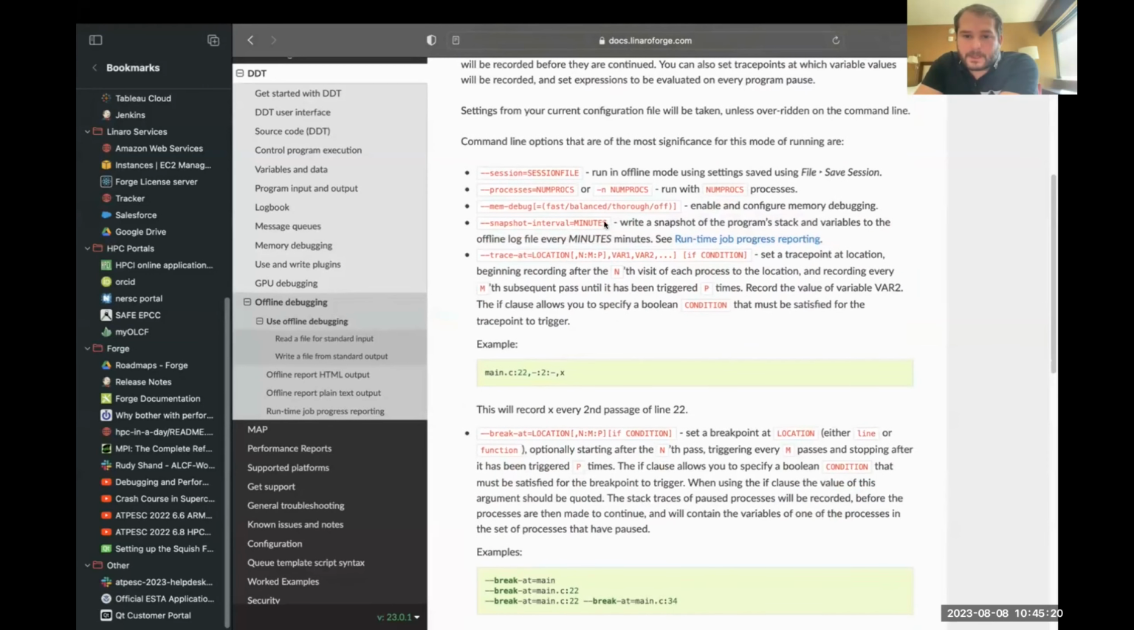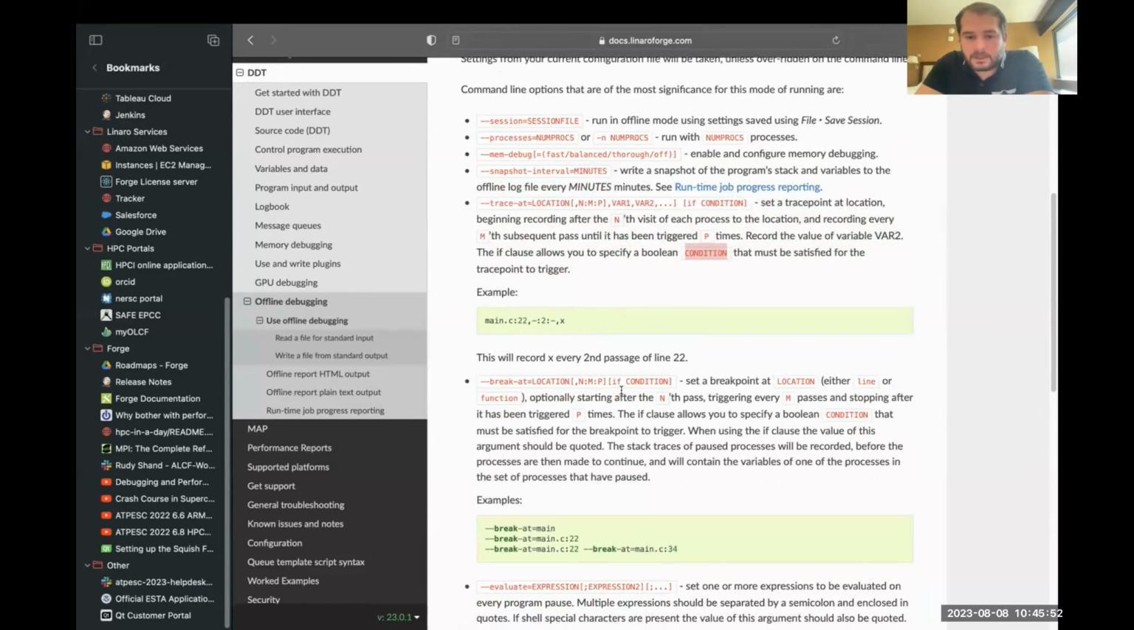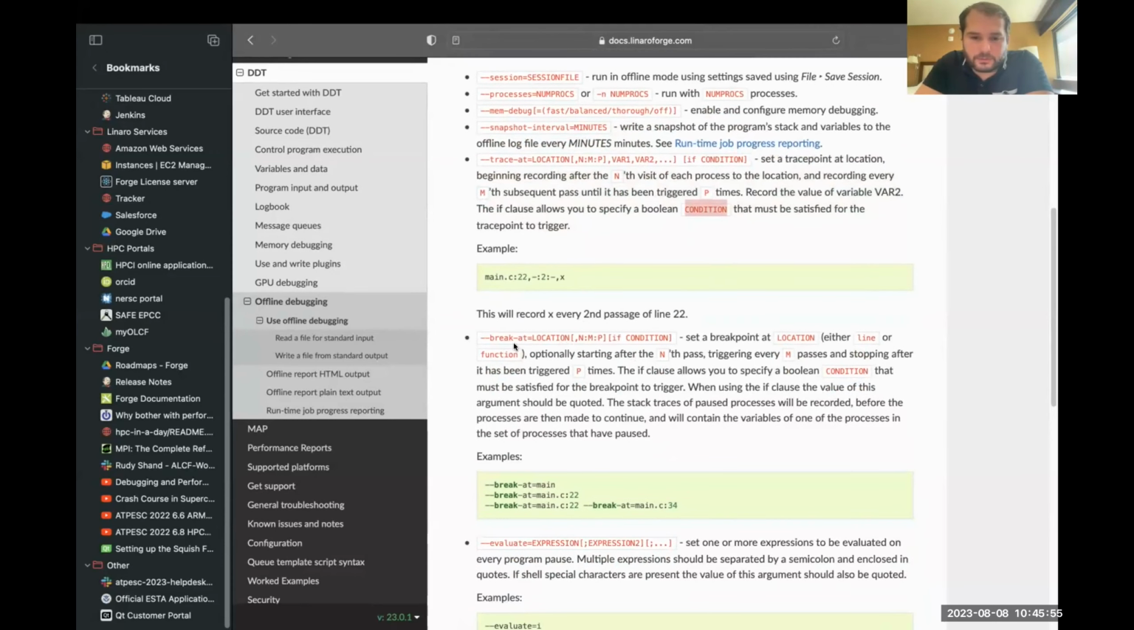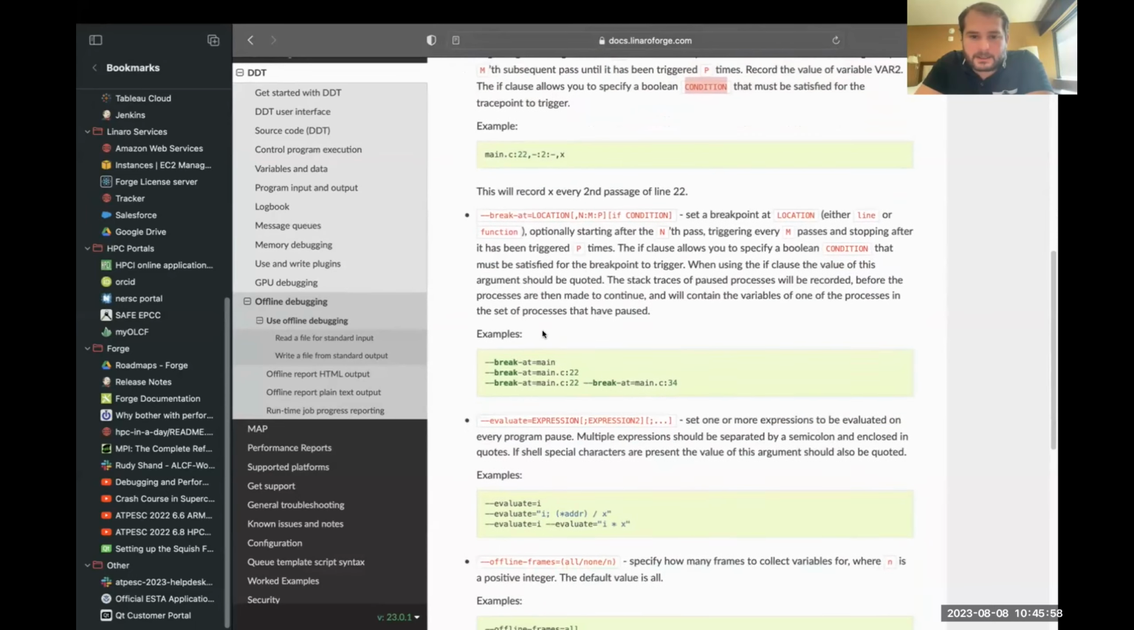And then the one that I'm going to show off today is when you specify trace point, you provide this syntax, and this syntax is exactly the same as what we see in the GUI. So when you have the GUI, you can see stop after or start beginning after the nth visit, and trigger for P amount of times. You can also specify conditions. So this gives exactly what you can do in the GUI, just represented in a command line option kind of way. So the best thing to do is to show this off with an example,